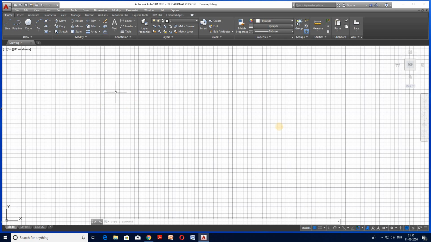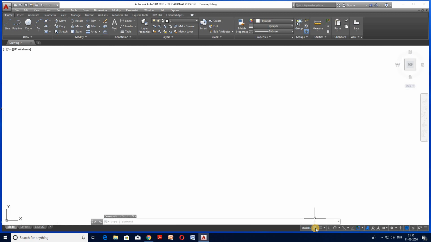Now the grids are available on this window. If you don't want those grid lines, you can turn them off by clicking this grid mode on/off property over here. Presently it is on, you can click it off so that the grid will vanish. Now to convert this GUI of 2015 to the classic version 2007, you have to do the following